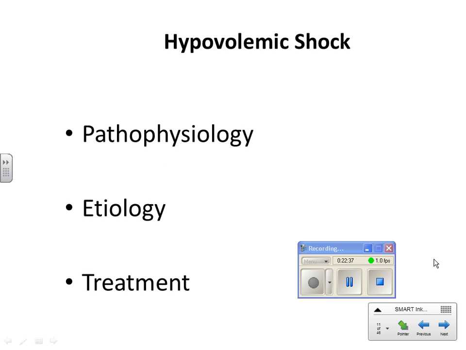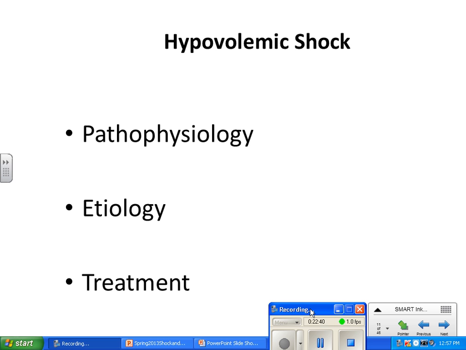So the first type of shock that a patient can have is hypovolemic. What's happening in hypovolemic shock? Why is the patient going into shock? We're bleeding out. We're losing intravascular volume. With hypovolemic shock, we have a decrease in our circulating blood volume, and because of that decrease, the tissues are not getting enough oxygen. In all types of shock, the underlying problem is that the tissues aren't getting enough oxygen. In this case, it's because there's not enough blood circulating to carry the oxygen to the tissues.